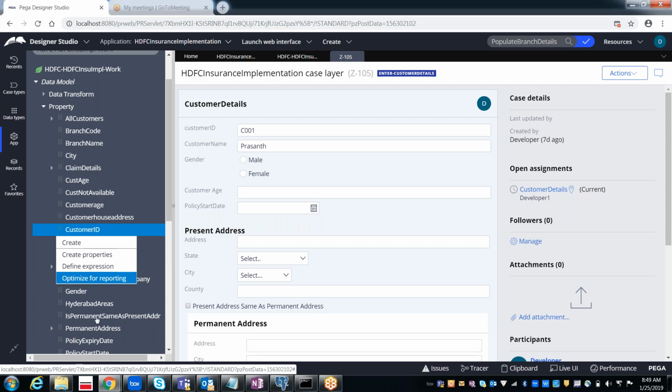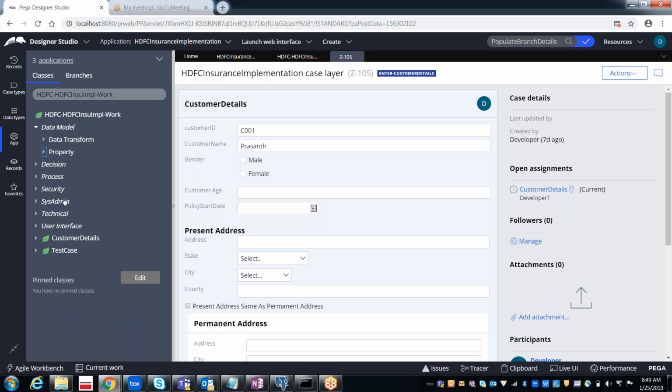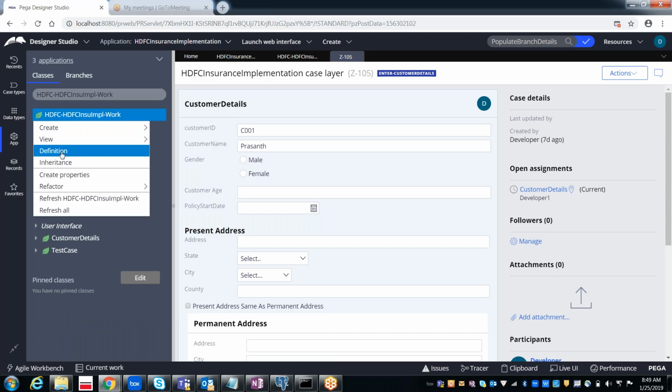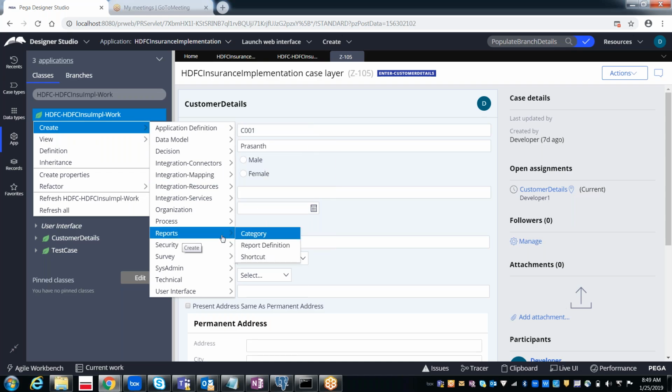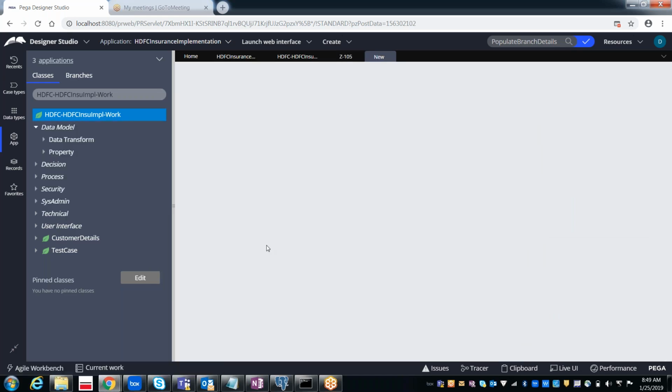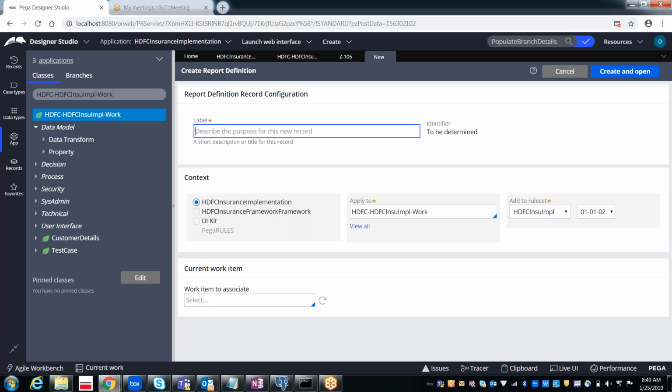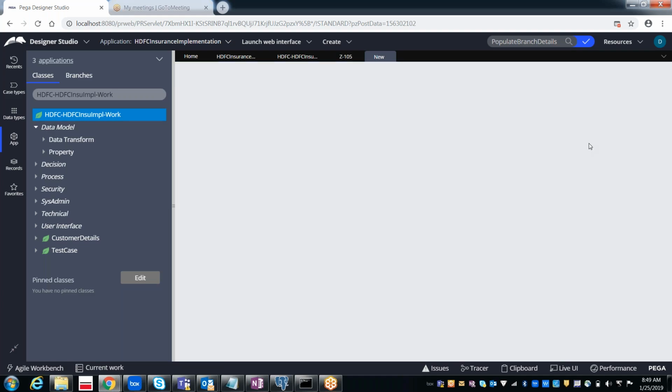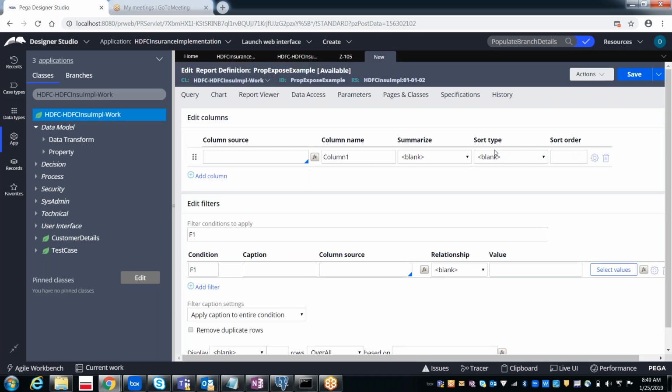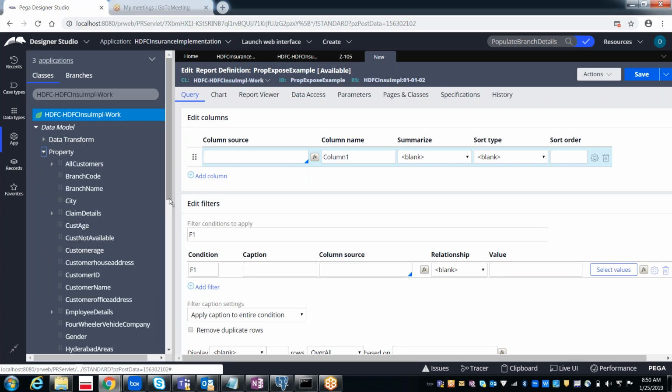And you can also see one more thing. For example, I want to create a report definition. Create reports, report definition, like the property expose example. I'm giving the report definition like this. Create and open. So here in the column source, generally we select whatever values we want to display while running the work object.